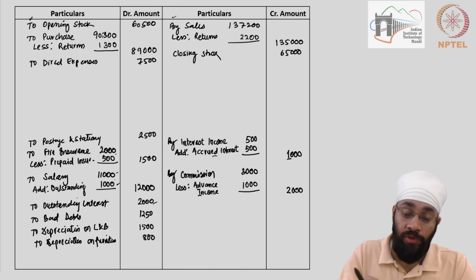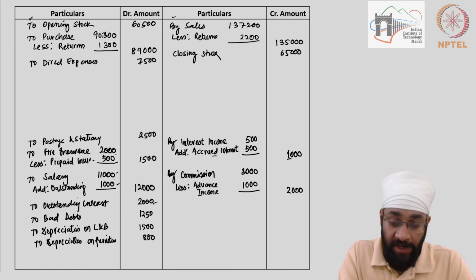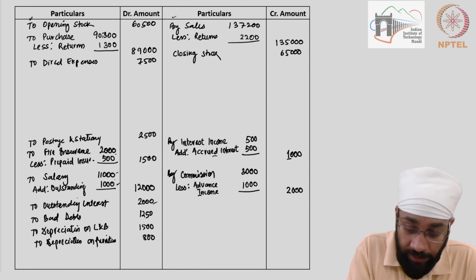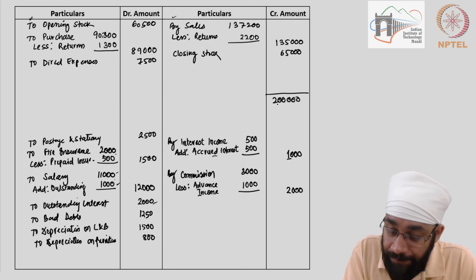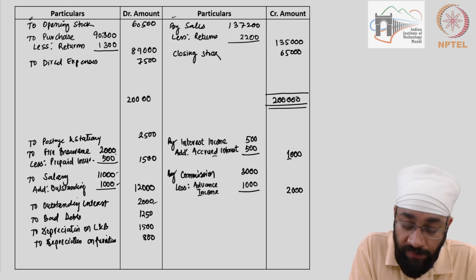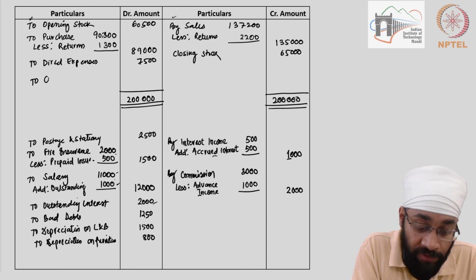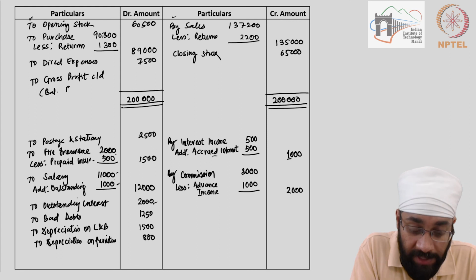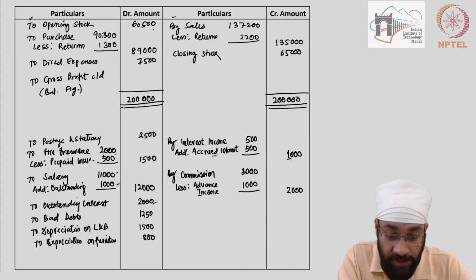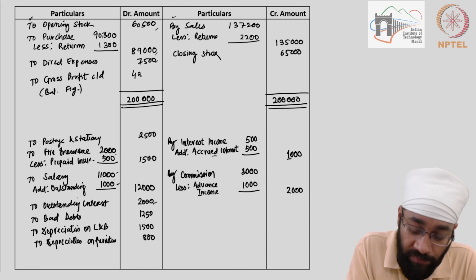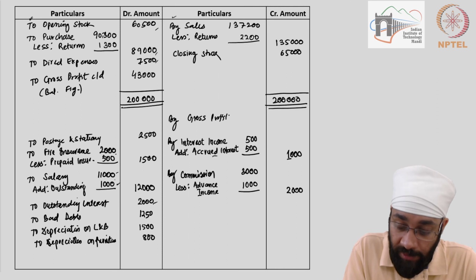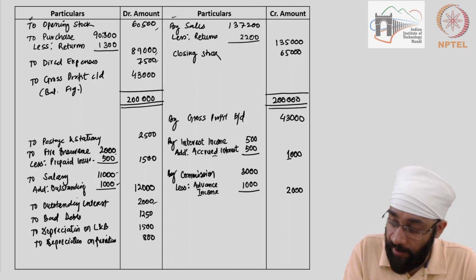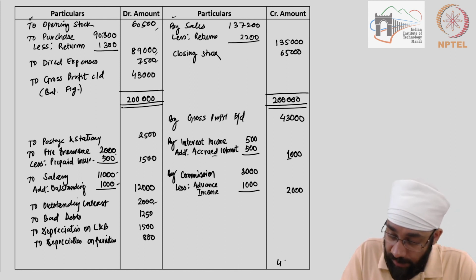All we need to do now is to figure out the amounts of gross profit, net profit, and then total the balance sheet. So let me just quickly do the totals, and I've done those already. The total comes out to be 200,000 on this side. Again, the convention of closing the accounts is being followed. You have gross profit here, 2 gross profit, and this is carried down. This of course is a balancing figure as well. So 60,089 and 75, you're left with a gross profit of 43,000. Now you bring this forward by gross profit brought down 43,000 on the credit side. This gives you a total of 46,000,